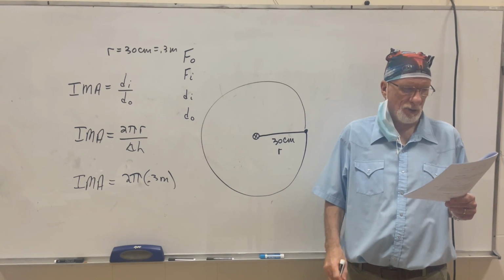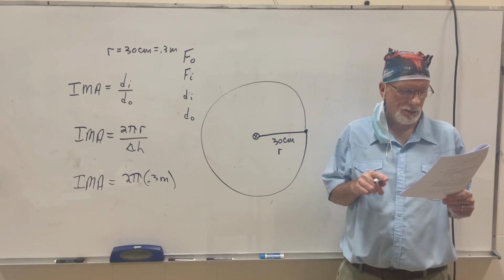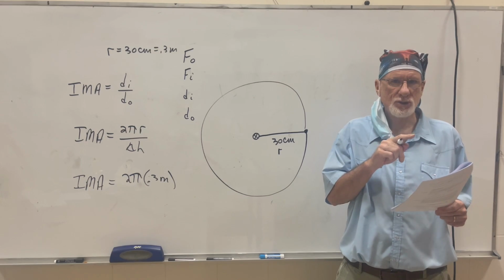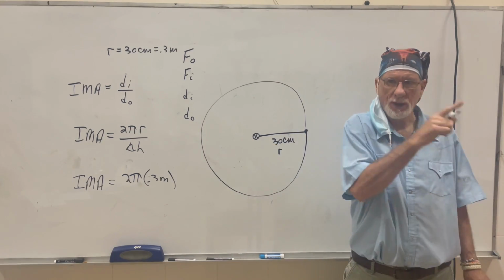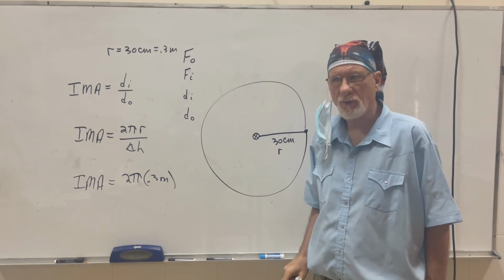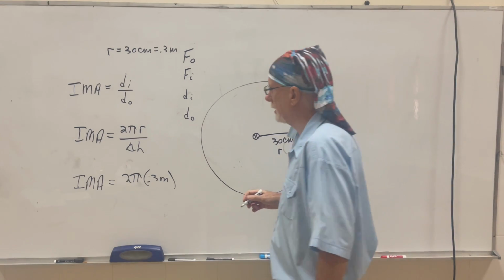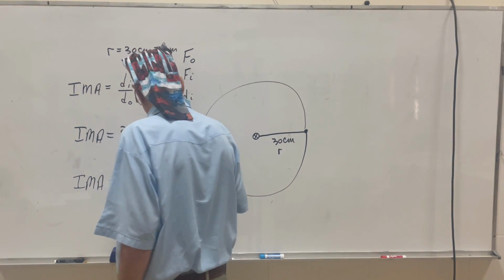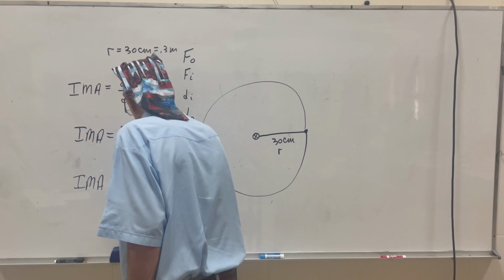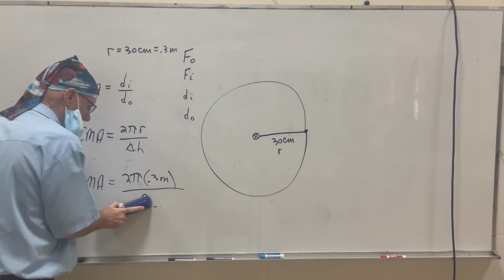And then for every one circumference, every one turn, right? For every one turn, the height change is going to be 2 centimeters, or this has got to be